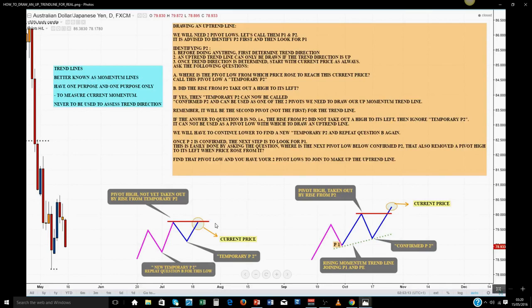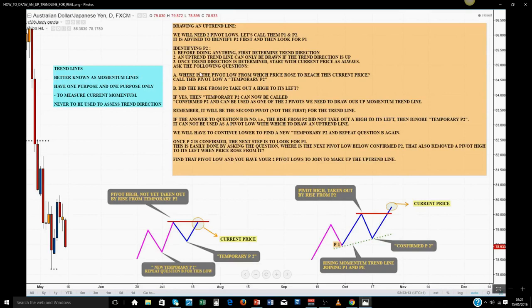Look for P2 first. Okay, but before you even do that, as we said for when drawing downtrend lines, you must always identify trend first. I'll say it again, we do not use trend lines to identify trend. We use trend lines to measure current momentum. Okay, so once you've identified an uptrend, demand zones being created and respected, supply zones being taken out, now you